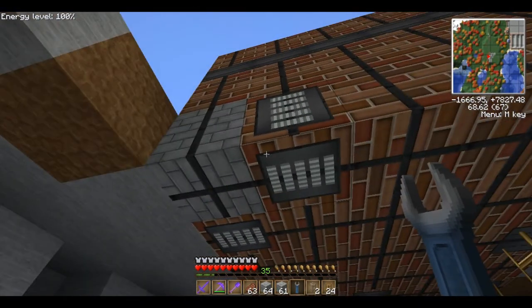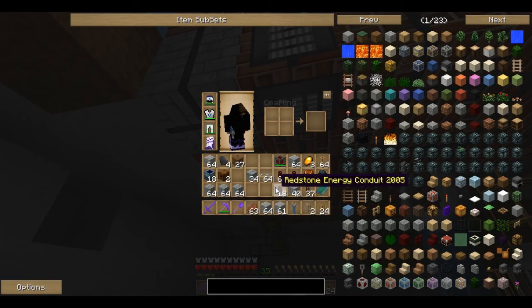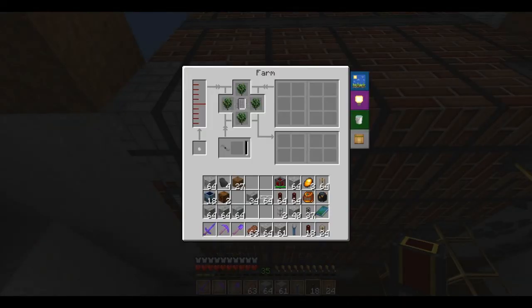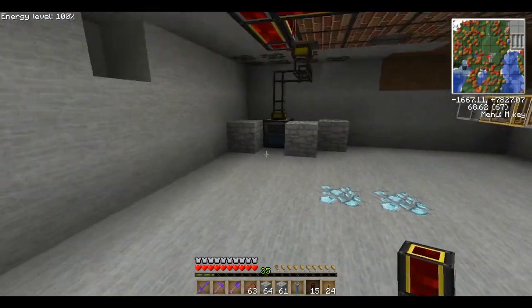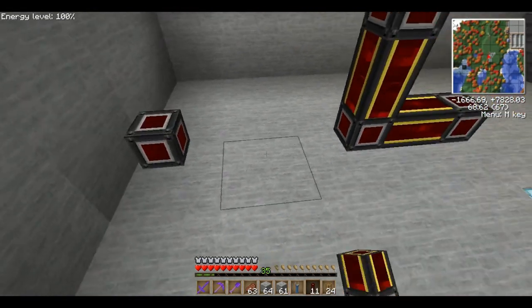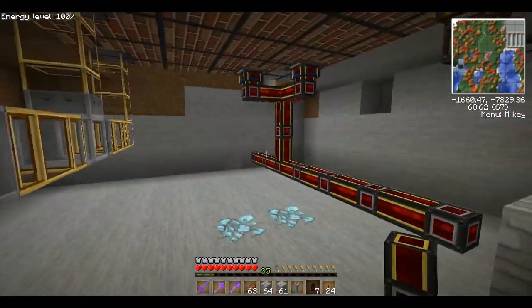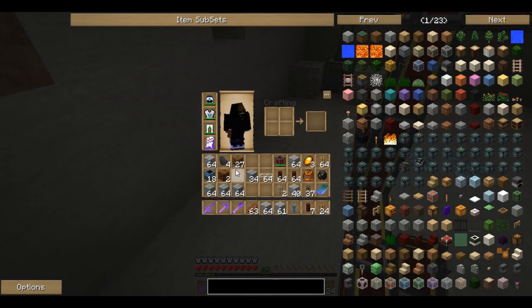Let's see. These gearboxes, so redstone energy conduit. I'll have an array of engines or something set up in here at a later date. So for now, if I just run that like that, got plenty of room to move, and I can set up my engines at the back there. But for now, I'm just going to use one of these